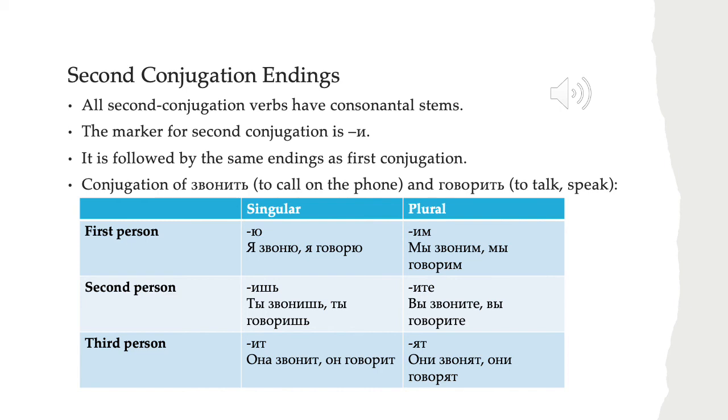Very frequently, the infinitive will end in ить, but not all infinitives ending in ить are second conjugation. Remember, жить is first conjugation. But if you see a multisyllabic verb and the infinitive ends in ить, chances are good it's a second conjugation verb. So there you have your introduction to second conjugation verbs, and you can now conjugate most verbs you're going to encounter in Russian.